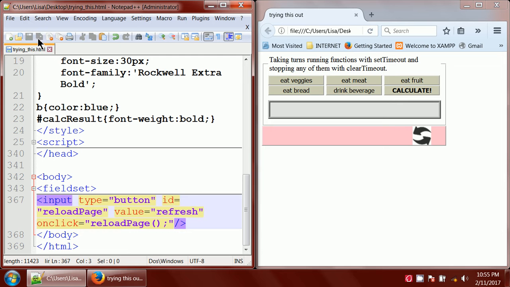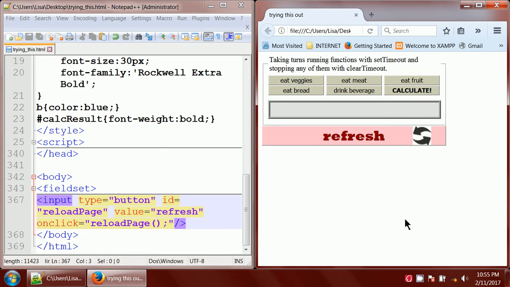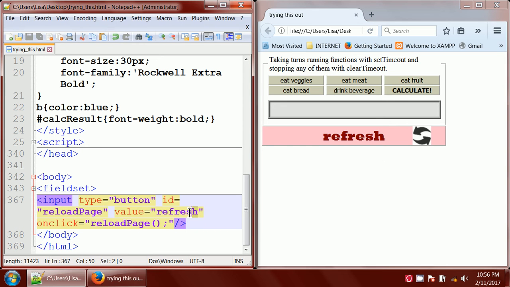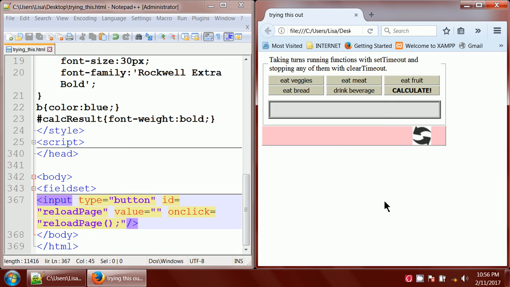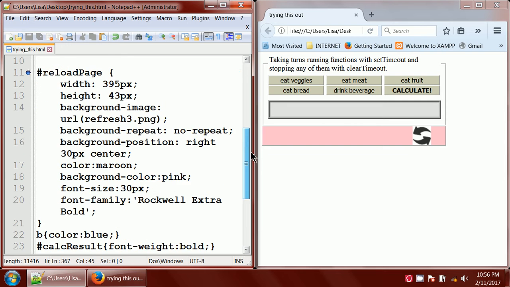Now if I refresh my Notepad++ and I refresh my page, you can see that this is another way that I can stylize that button, just so the user understands that this is how you start the program over from the very beginning again. All right, I want to go back to my original refresh, so I'm just going to take this out of the value, and I'm going to save it. So that took the value off of the face of the button, and I'll go back up to the reload page